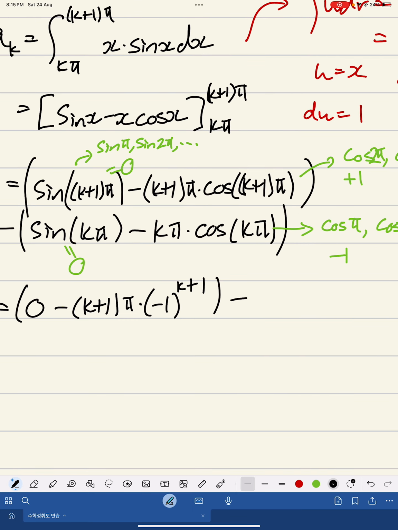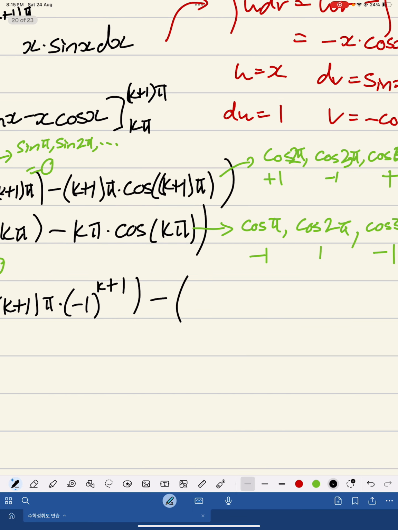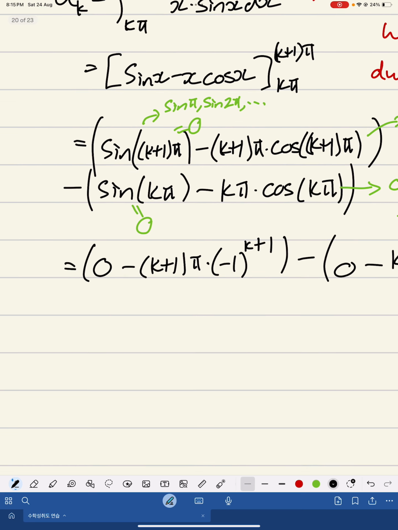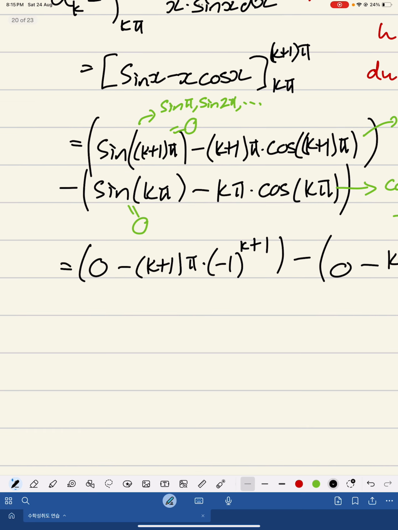This minus the second half, which is 0 minus kπ times (-1)^k. Because k starts as 1, when k is 1, it would be -1. When k is 2, it would be -1 squared, which is +1, and so on and so forth. I'll simplify this,